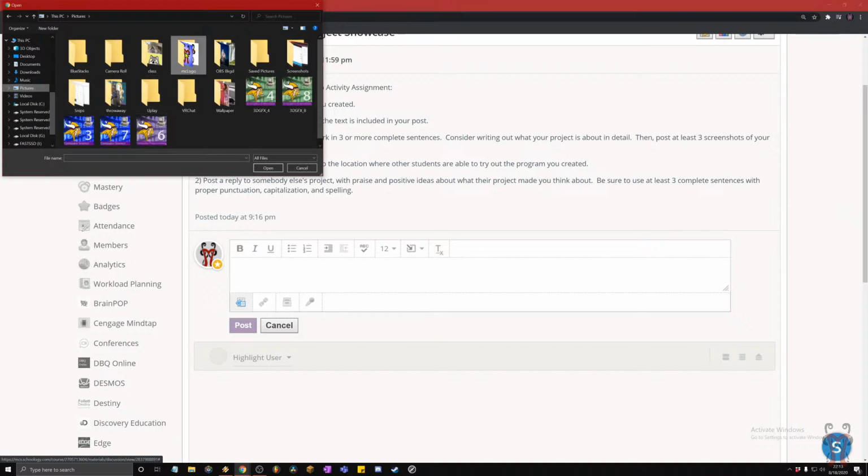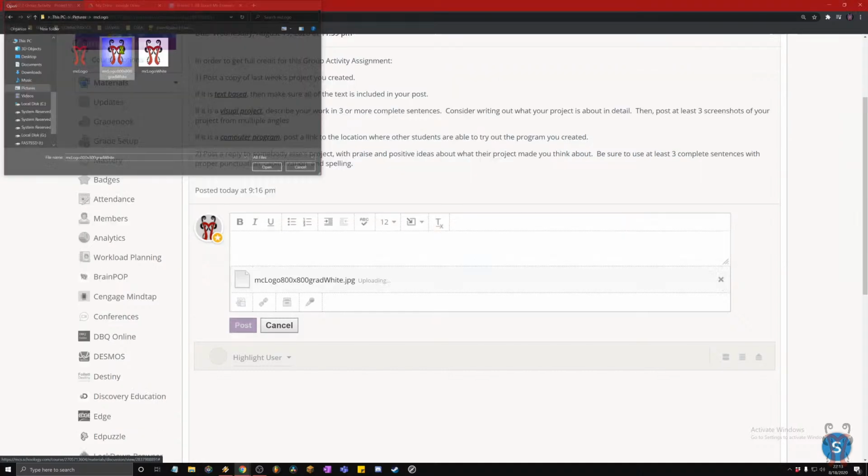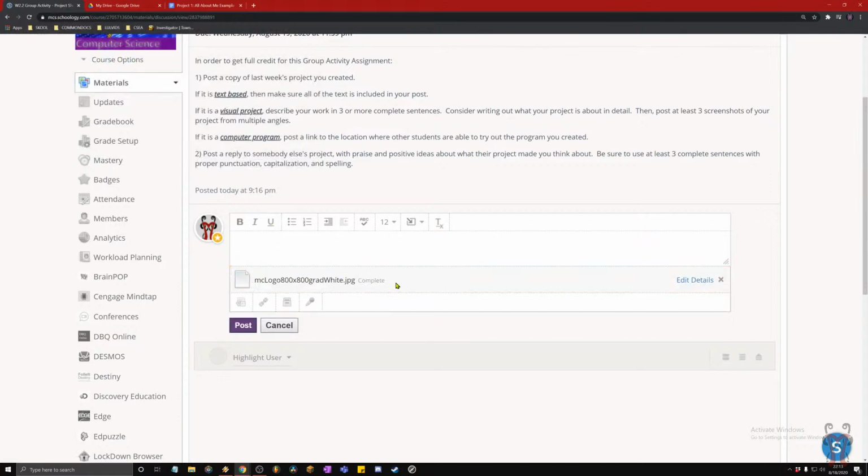Let's say I had a logo that I created. Then I could do that. Okay. I'm going to upload this logo. Press post. Now if you have a 3D model or something like that, you want to post at least 3 screenshots of your project from multiple angles. So when you have your model, you're going to take 3 different pictures of it from different angles. For example,